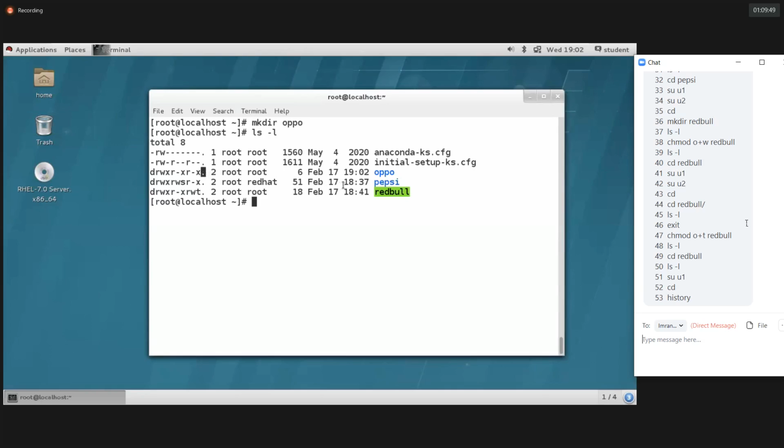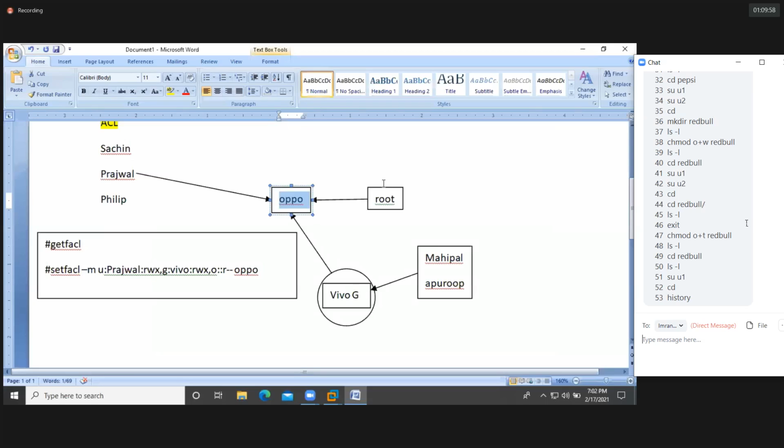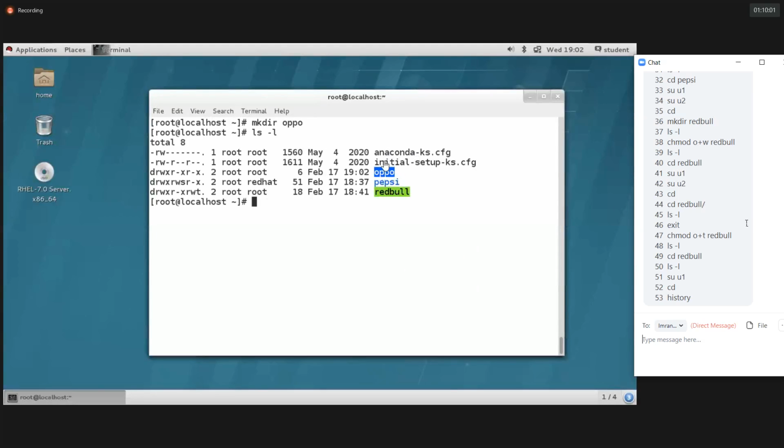That means this Oppo directory doesn't have any ACLs as of now, because I created this directory recently. If we have the small dot, that means this directory or file doesn't have ACLs. Who is the owner? Root, and the group owner is root. Clear? Now if you require very detailed ACL details,